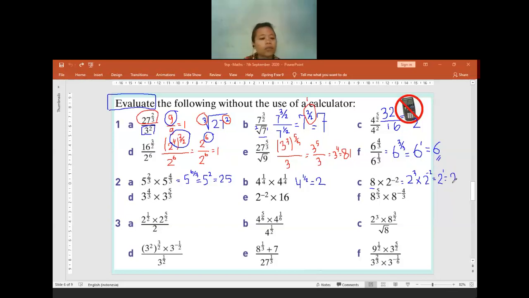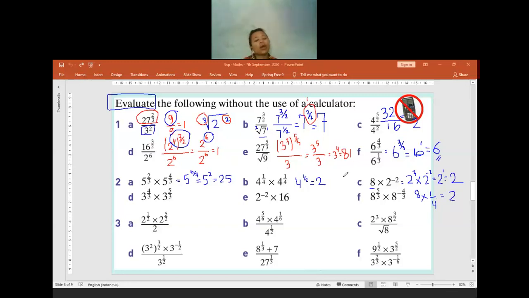Is there anyone having any confusion so far? No? Teacher, if I make 2 to the power of negative 2 into a fraction. Yeah, it's okay. There are so many ways. That's why you can use any of the rules that you have learned as long as you follow the rules. So there will be so many methods, and it will still be correct. So you change 2 to the power of negative 2 into 1 per 4, right? Yes. Then times it by 8, it is equal to 2. Correct. All of them will be correct. The answer will be equal to 2.